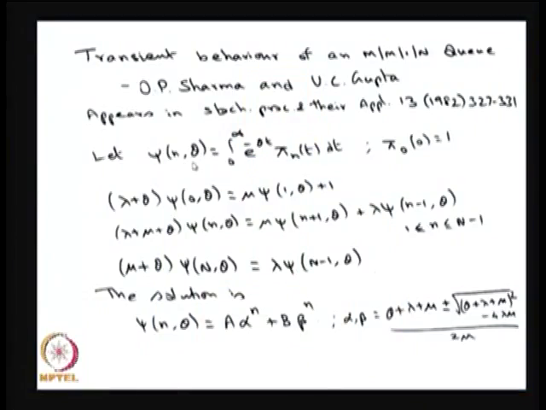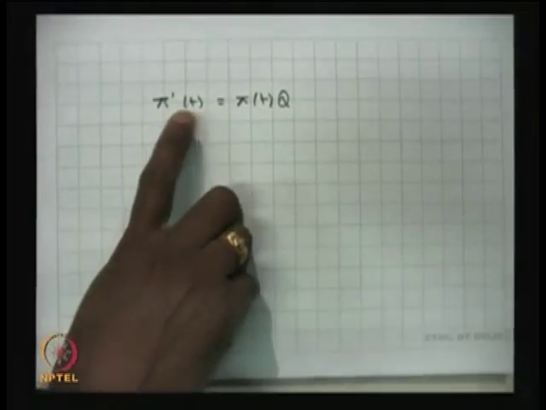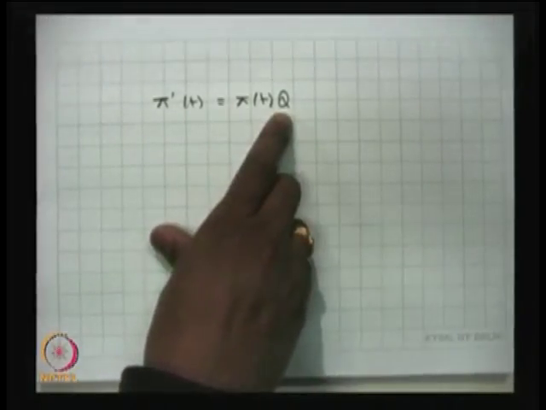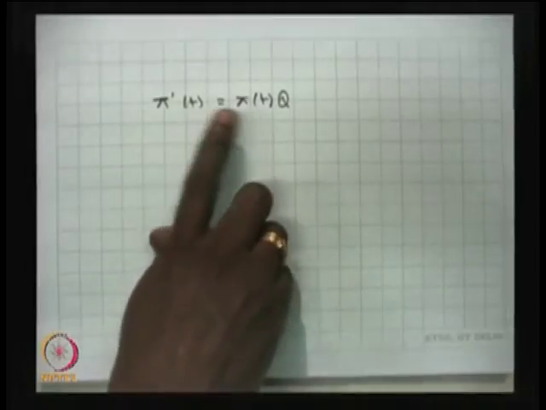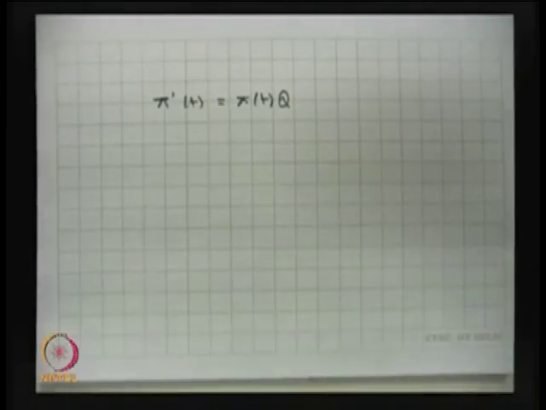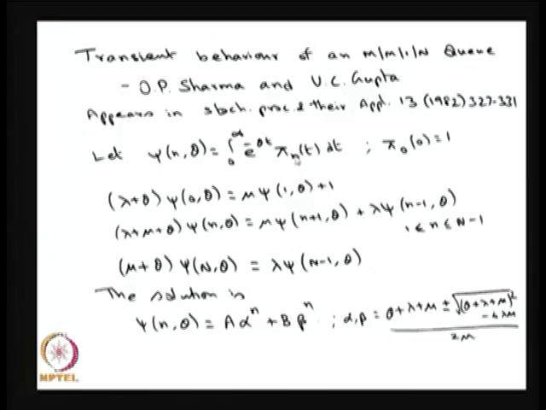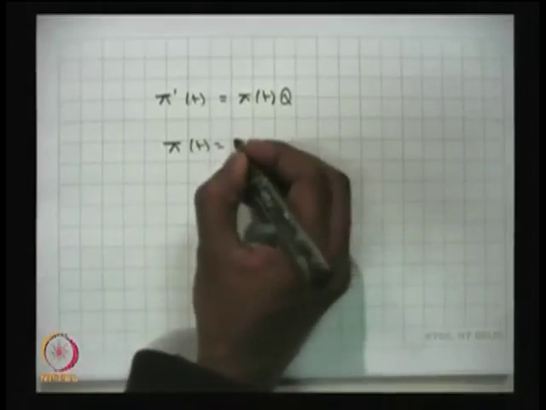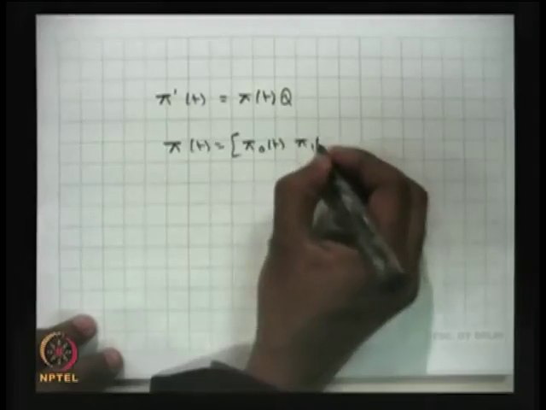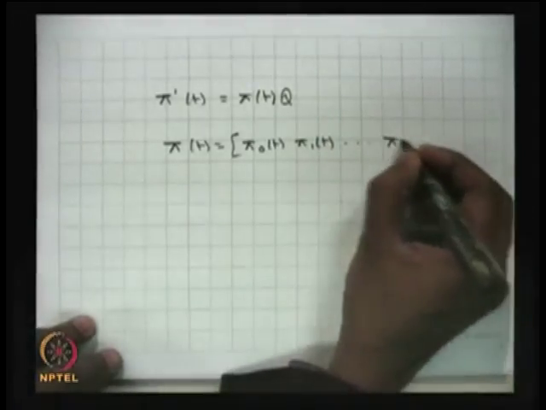Here pi dash of t is a vector, it is the distribution of x of t, therefore this is a vector and this is a vector, and the Q is the matrix, not the vector which I said wrongly. So, this is a vector and this is a vector and the Q is the matrix. So, take a Laplace transform for each probability, where pi of t is a vector that starts with pi 0 of t, pi 1 of t and so on, pi n of t,